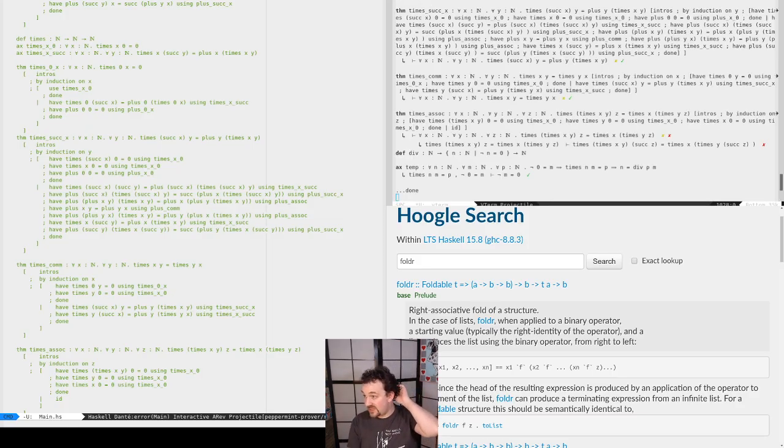Now for the interesting bit. So we have this associativity property here. I want to do that for suck as well. So that's adding z here. Do we need distributivity to prove this? I don't remember that to be the case.